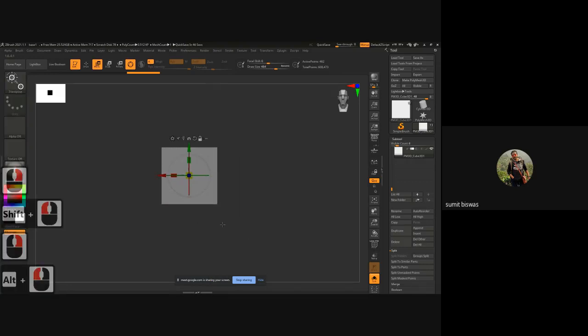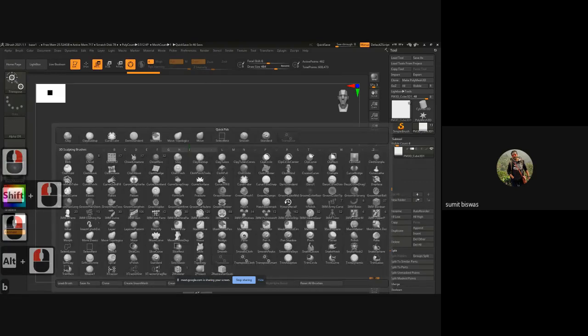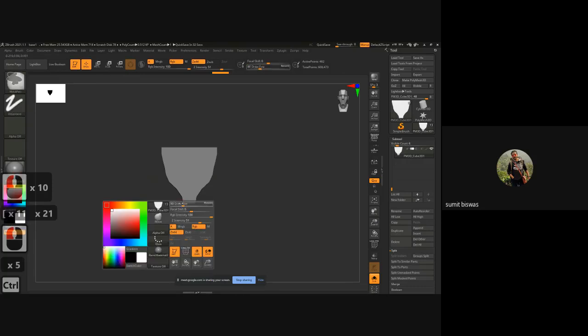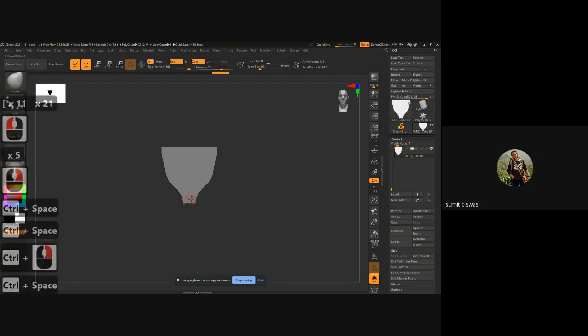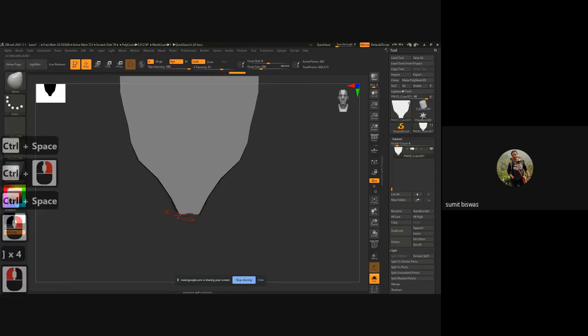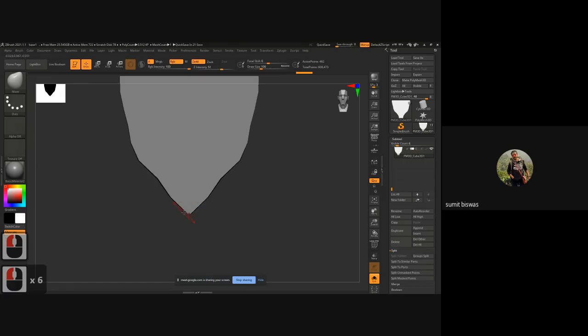Then BMV move and switch on X symmetry. Reduce the brush size. Make it pointy.